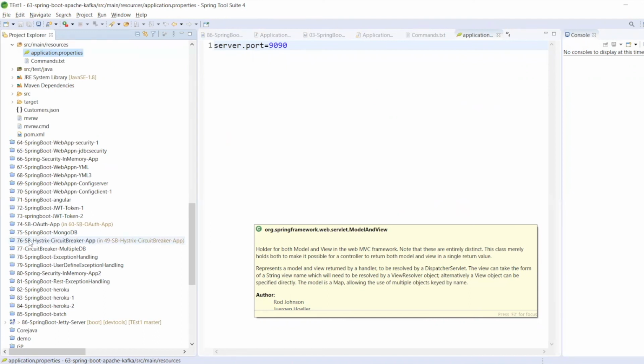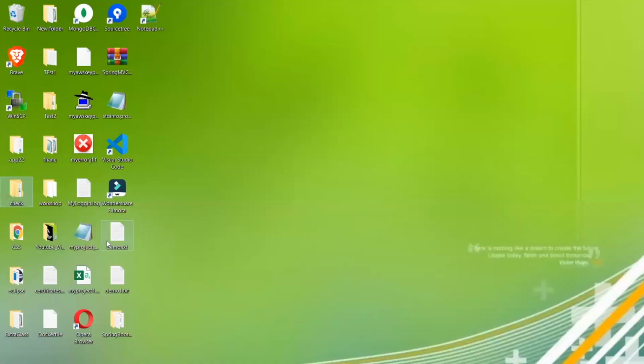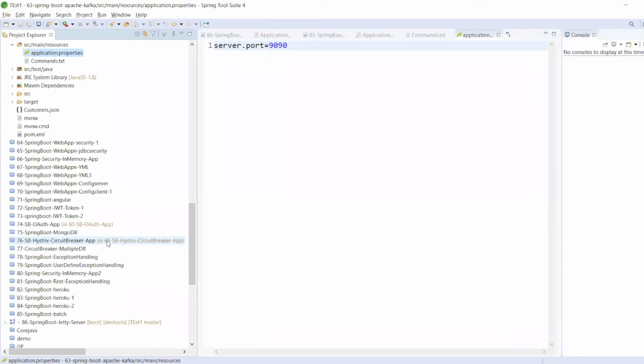That's why there is a concept like Hystrix circuit breaker. In this example, I'm going to teach you how our application will communicate with two databases. So whatever you heard is correct, communicating with multiple databases, but that is not a rule. If you want to use multiple, you can use it. Or if you are happy with only one database, you can go with that. That is the thing, clearly.